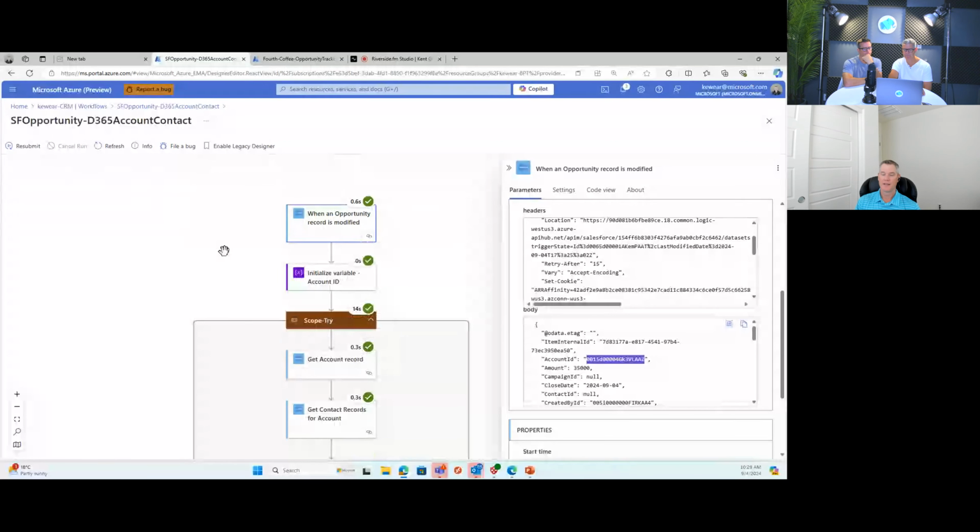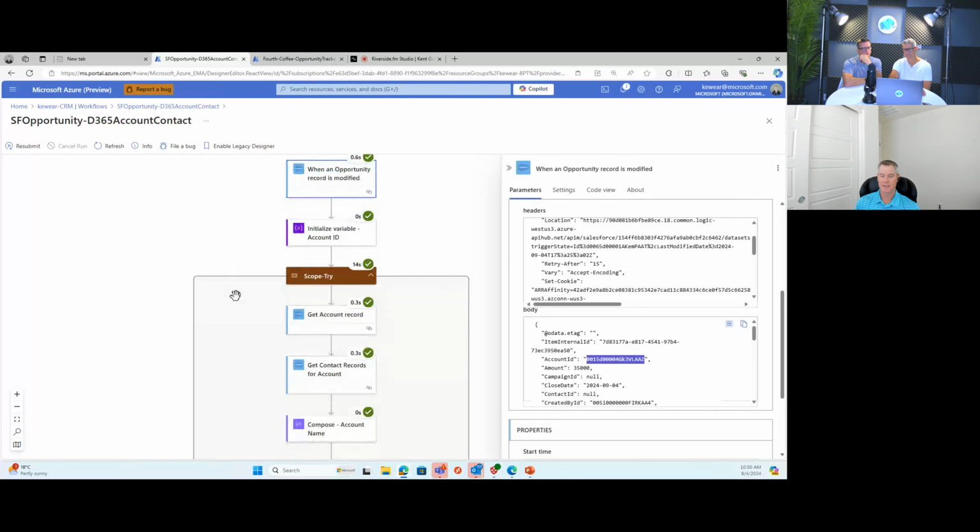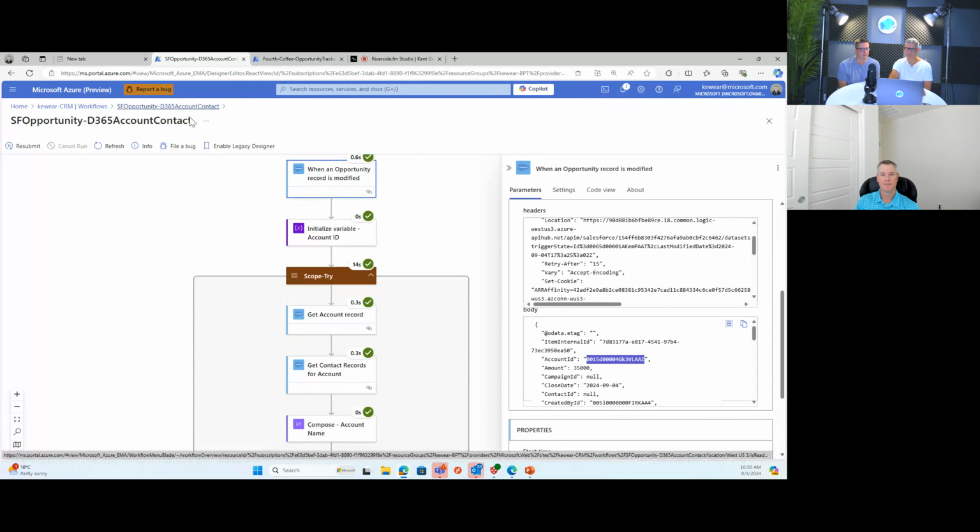Mm-hmm. And I think this just is all about one of our core tenets, lowering that barrier of entry to participate in integration, whether you are developing or even when you're supporting, because this is something that's fairly universal, right? As you understand this flow of the message and this experience, you can easily identify and support multiple interfaces or multiple logic apps because you're building it in a fairly consistent manner. Right. You get to actually see the flow in real time almost.